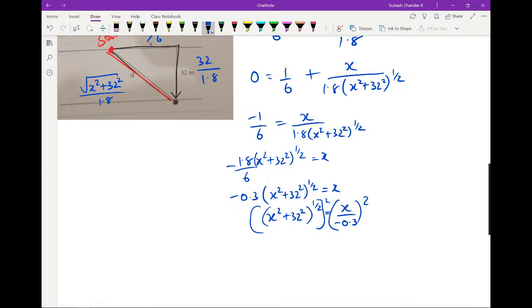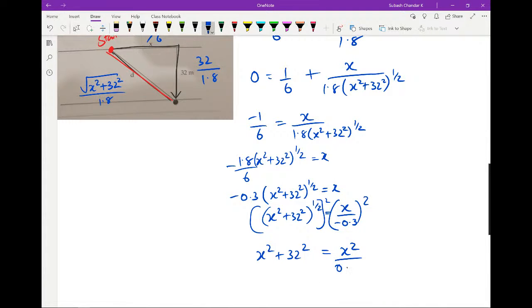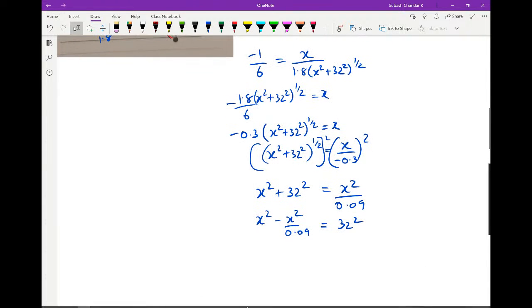Square both sides, and what I end up with is x squared plus 32 squared equals x squared over 0.09, and there we go. So x squared minus x squared over 0.09 equals 32 squared. And if I solve this,